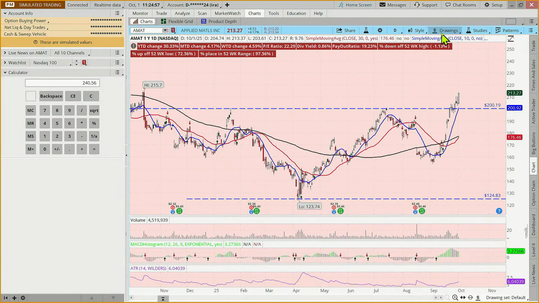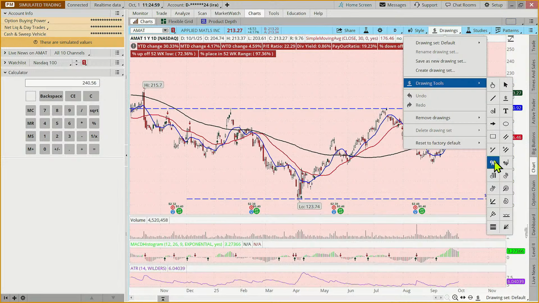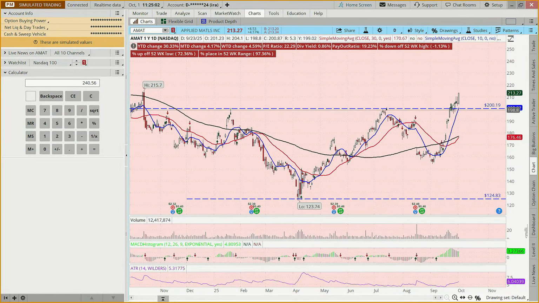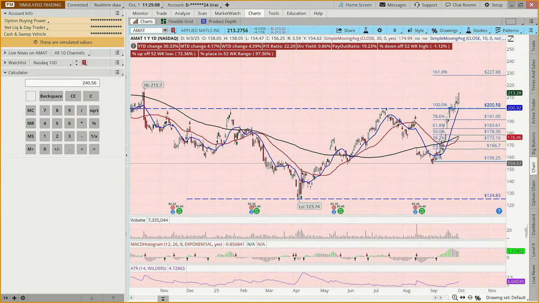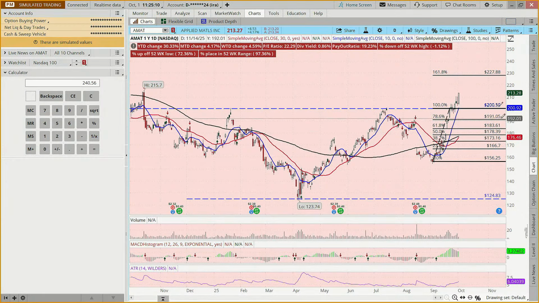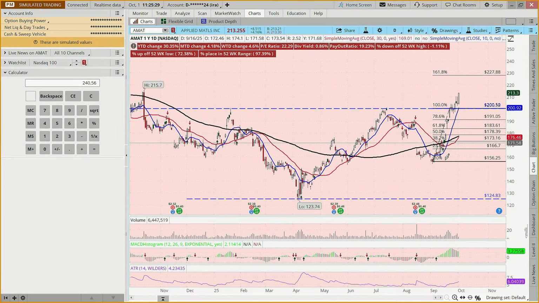So others might say, I'm going to use a Fibonacci. So what is a Fibonacci? If we come here, I'm going to click on this line. This is where it broke out from, and bring it down to this recent low. And so some might say, okay, it's at 213. I'm going to do this as a shorter term trade, and I'm going to trade it to this 227 mark because I see that as a potential target. And others might just say, you know what? I'm just going to add this to my portfolio, and if it continues to go up, then I'll continue to own this stock.